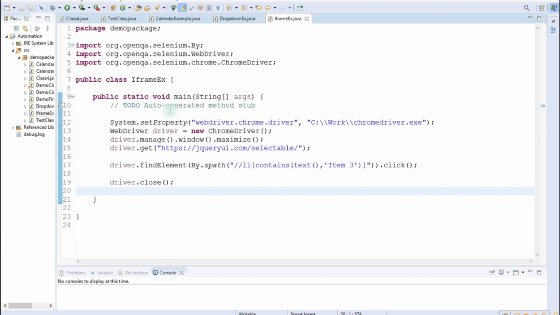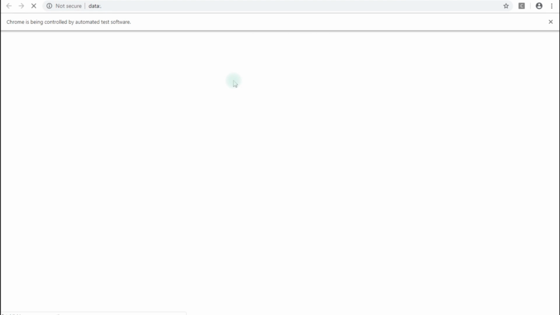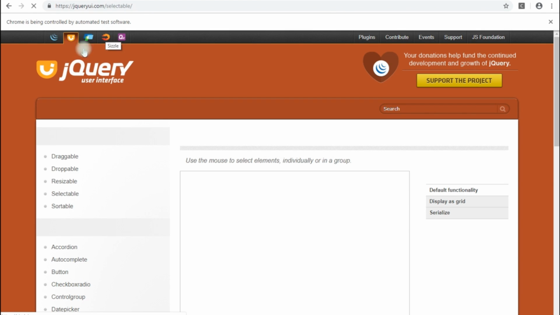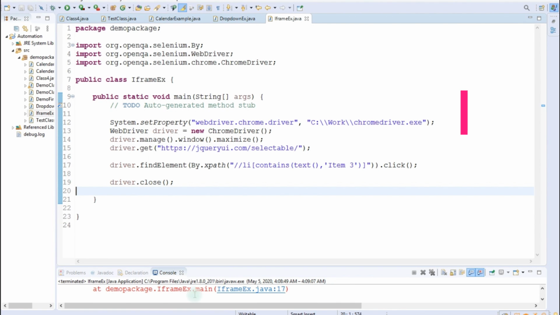Right, so let us see what happens when we run this code. So now it should open the Chrome browser. Now as you can see, Chrome browser is getting opened and the website should be opened on that. So the website is here, it is being loaded and it has to click on the element, but it has not clicked. Let us see what happened.